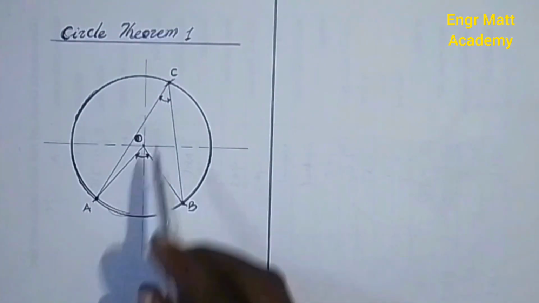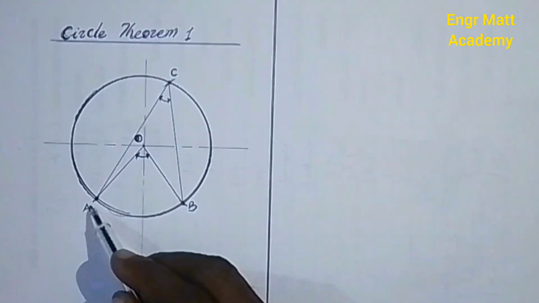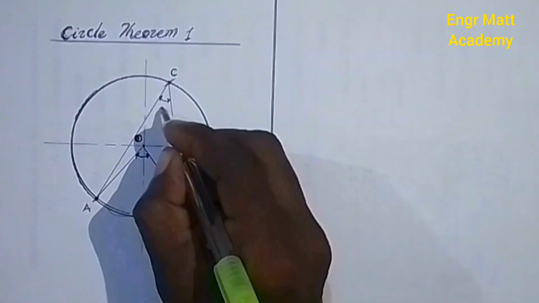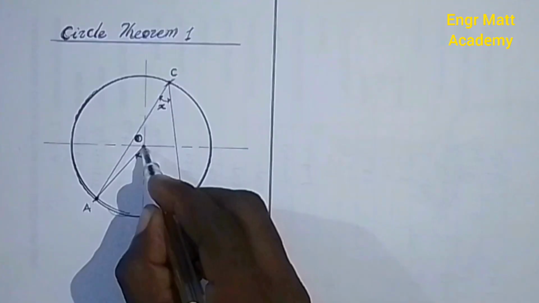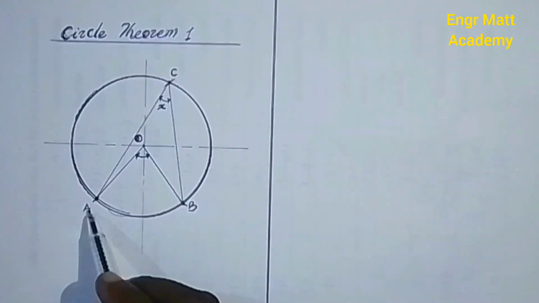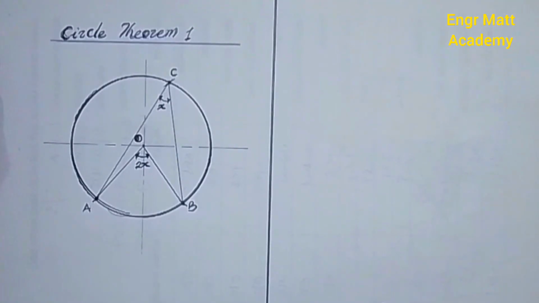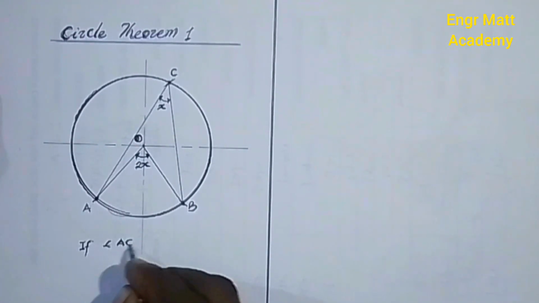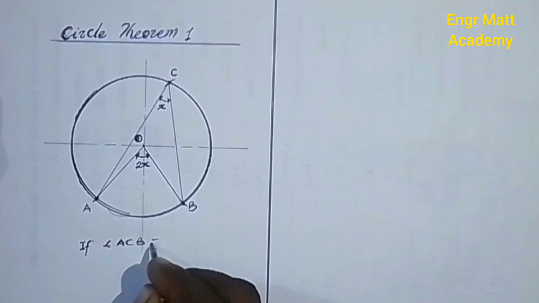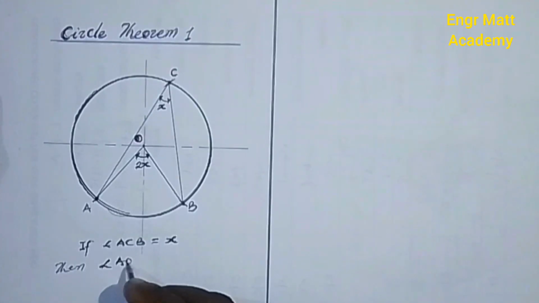If the angle at C, that is angle ACB, is x, the angle at O at the center of the circle, that is angle AOB, will be 2x. Let's write that down. If angle ACB is equal to x, then angle AOB will be